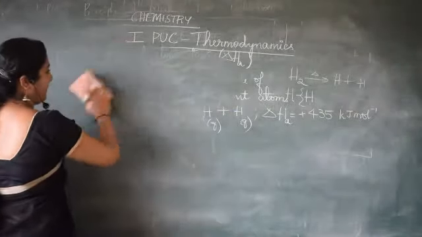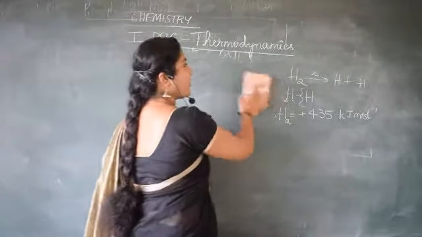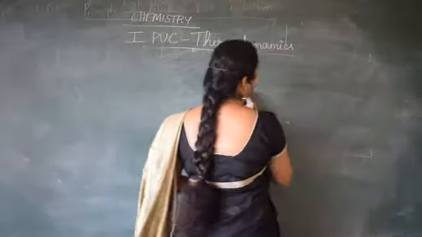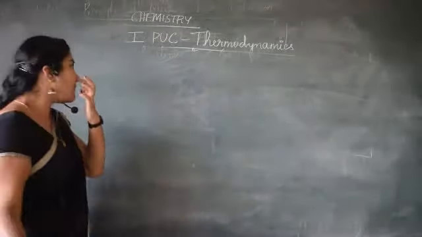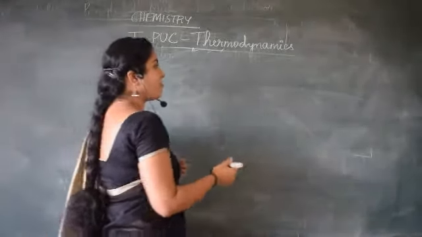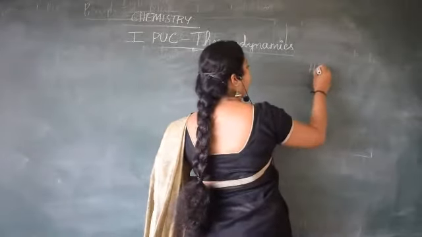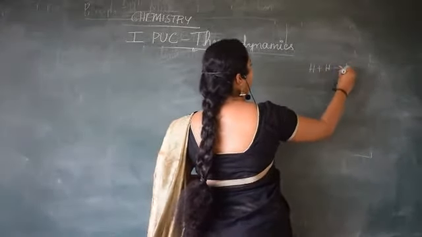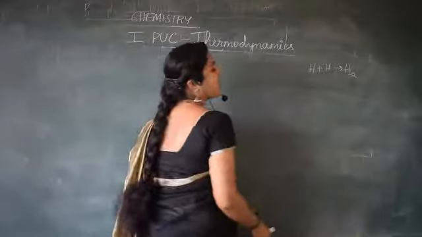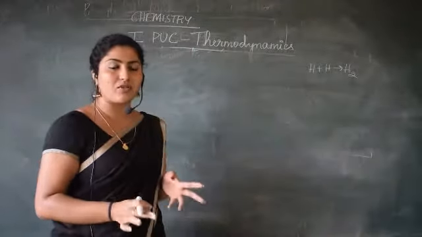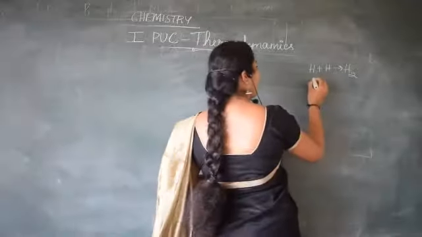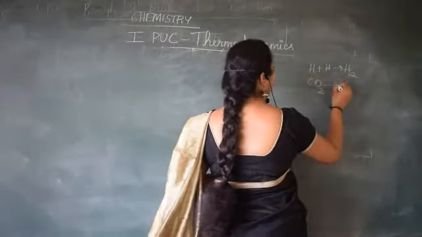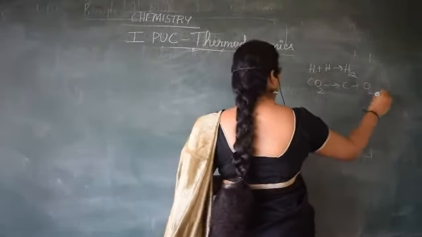Bond enthalpy. It can be bond dissociation enthalpy or bond enthalpy. Generally when we say bond enthalpy, it means breaking or formation of bonds. Now if H and H combine to form H2, it is called bond enthalpy in general, because here it is formation of bonds. Whereas if it is decomposition, that is carbon dioxide decomposing into carbon and oxygen, it is called